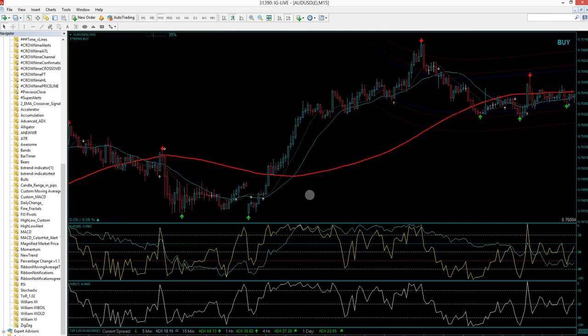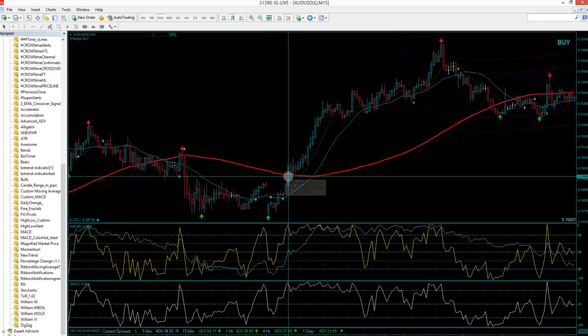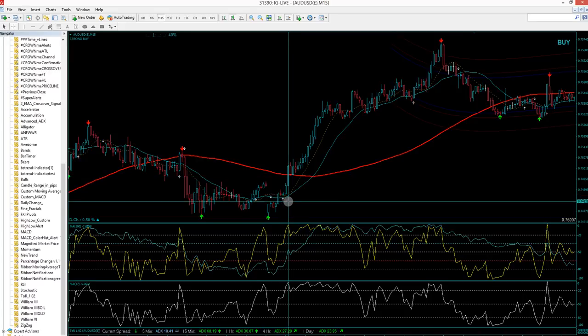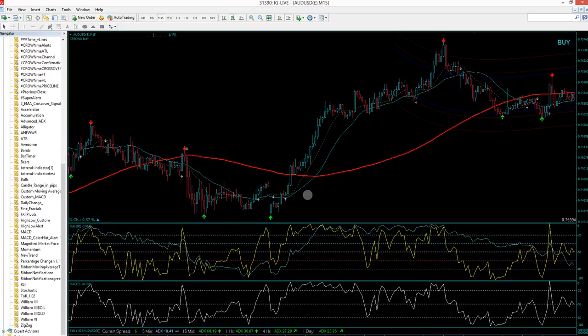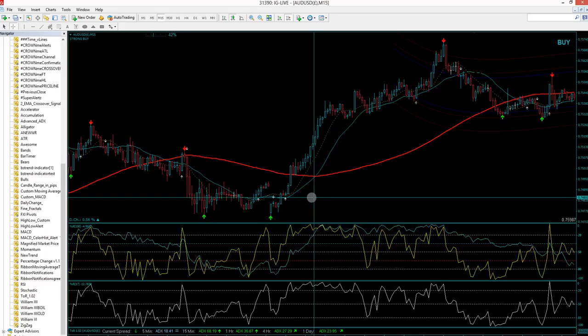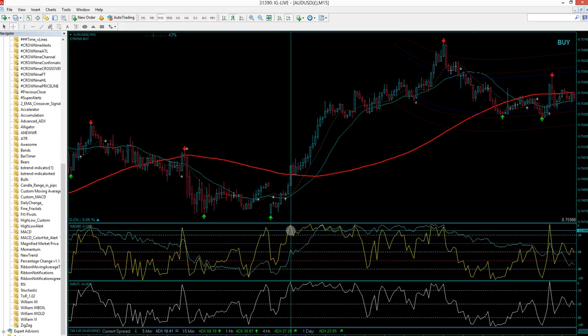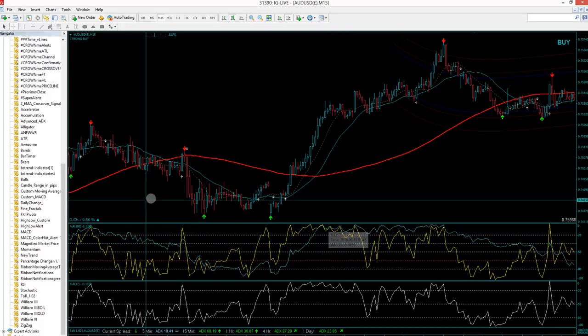Well, let's see. It would have passed the. No, see, that's a bit early, isn't it? Past the 50. Just about passes the 50. Look, passes the 50 here. Yeah. No, you wouldn't have taken it there. You would have taken it here. That's early though, and this is late, as far as I'm concerned, because it's been in overbought for all of that time, all those candles. So you would have either taken it there or not, and that's at midnight anyway, so we wouldn't even mess with that. Okay,